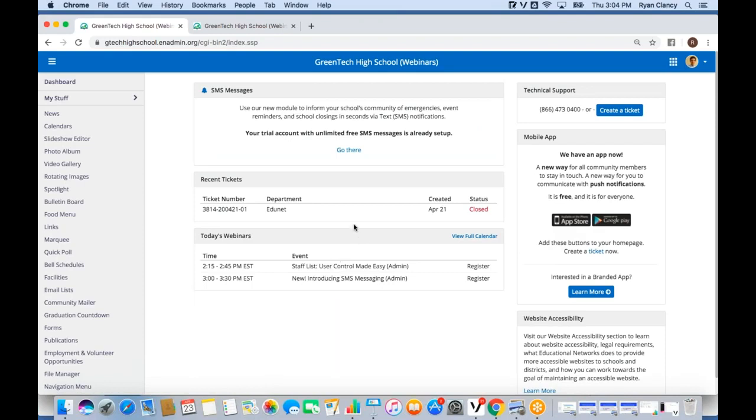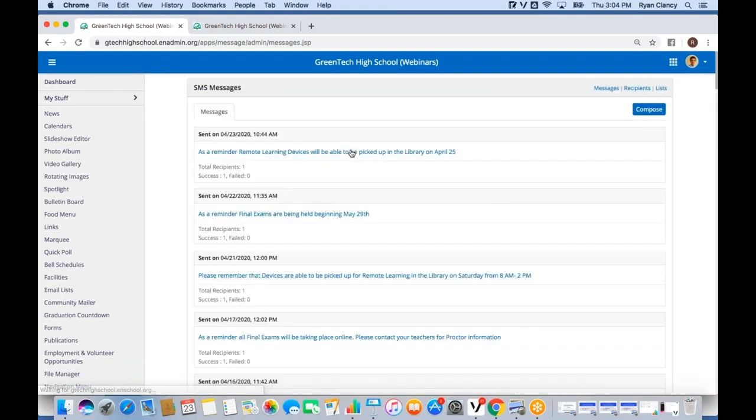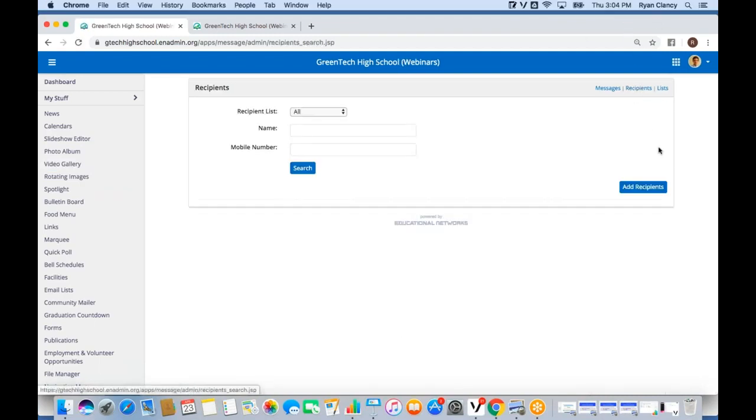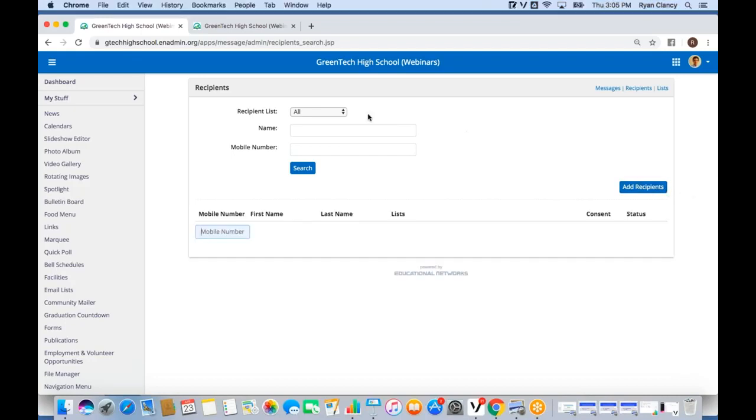Then from here, we want to navigate over to the SMS messaging module. So you can either do that through here or from the menu on the left-hand side. From there, what we do is we go in, we select recipients. Now, if we're adding them individually, what we do is we go in, we click Add Recipients,